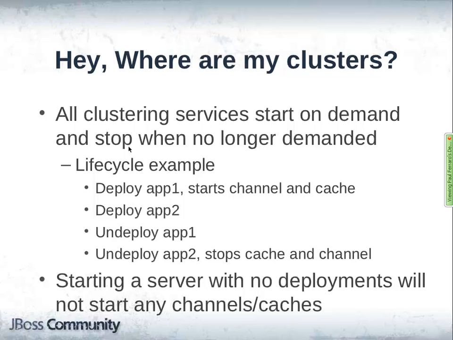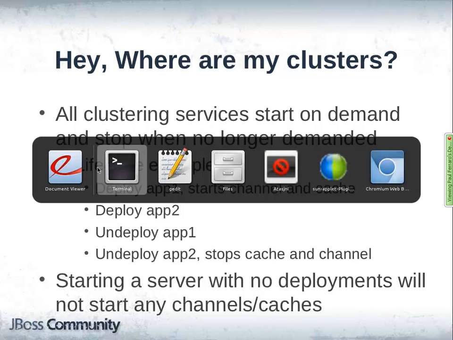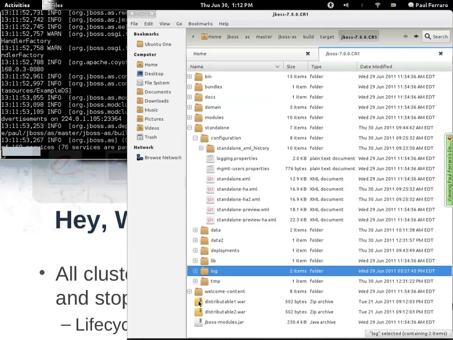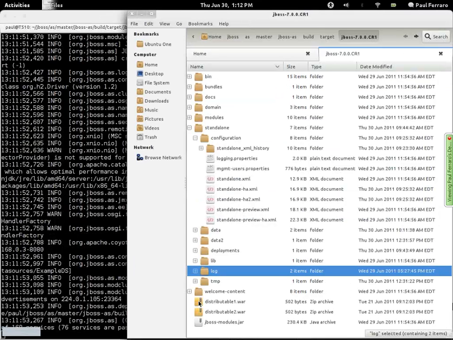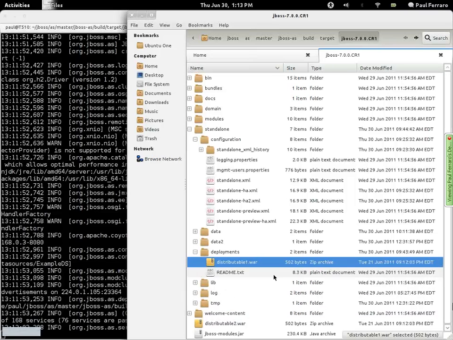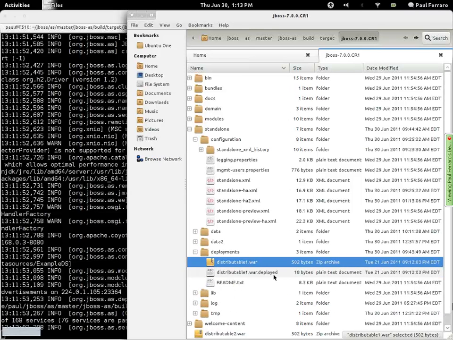So when I was trying to decide on a demo to show, I thought this was going to be the most interesting thing to show. So I just wanted to show a quick life cycle example of what I mean by starting channels on demand. So I'm just going to hop back to my file system and show you the old school way of deploying an application. So if I just drop my simple war into the directory, you'll see this file shows up that